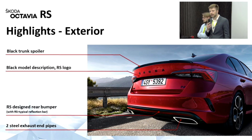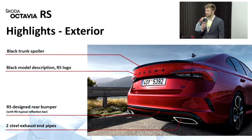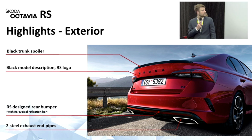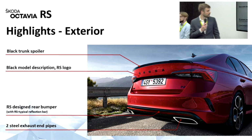From the rear side, it's easy to spot the specific RS bumper with this known white reflection bar, which comes in a similar way from the previous Octavia RS, and it can also be seen in the case of the Kodiaq RS. Octavia RS also gets 2 visible steel end pipes, black lettering, so it means black ŠKODA description and the logos, and the spoiler, which is also black. And it's not just a design thing, but it has some real contribution in terms of driving stability and